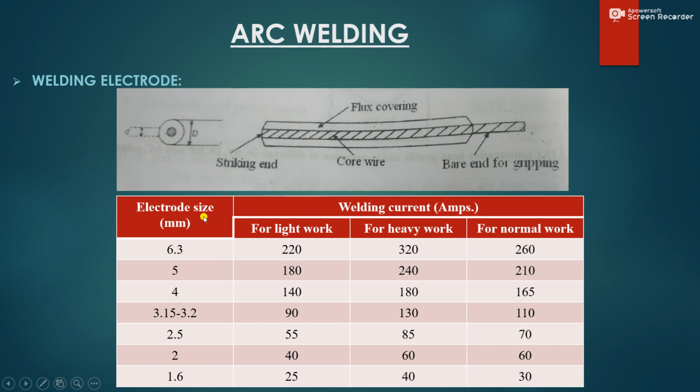ઓકે, હવે ઇલેક્ટ્રોડ સાઇઝની વાત કરીએ તો એન્ડ ડિફરન્ટ બેઝિકલી વેલ્ડિંગ કરન્ટ્સ વિચ આર સપોઝ ટુ બી યુઝ ફોર ડિફરન્ટ સાઇઝીસ ઓફ ઇલેક્ટ્રોડ્સ. તો અહીંયા આગળ આપેલું છે કે સાઇઝ 6.3, 5, 4, 3.15 to 3.2, 2.5, 2 and 1.6. And if you're supposed to weld for light work, for heavy work, or for normal work, different amperes of welding current are given, which is 220, 320, 260, 180, 240, 210. Okay, these are different types of welding currents for particular electrode sizes and for the particular type of work that you're supposed to be carrying out for welding. Okay,